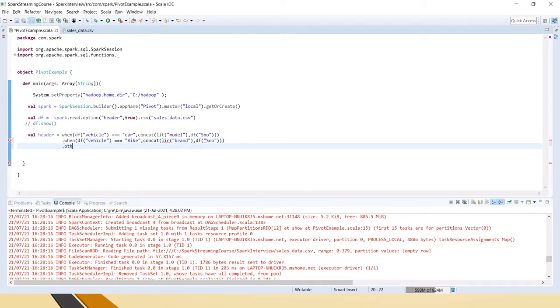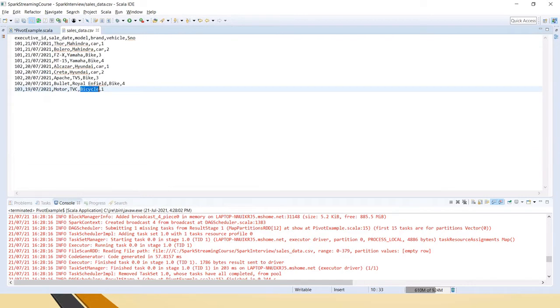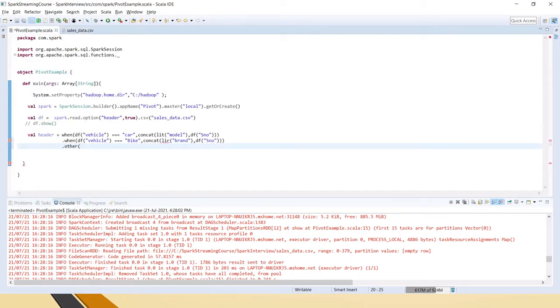Otherwise, we also have bicycle in the data. If you see here, we have something bicycle. So if it's other than this, then we just have to concat with the brand.